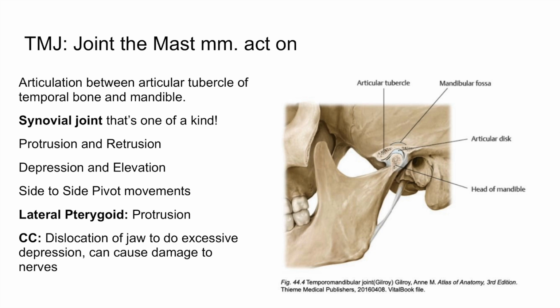And so the key takeaway is that the TMJ is a specialized synovial joint with that articular disc that allows for both hinge and gliding movements, and it is controlled by the muscles of mastication, especially the lateral pterygoid for protrusion, and is clinically important due to its susceptibility to dislocation and